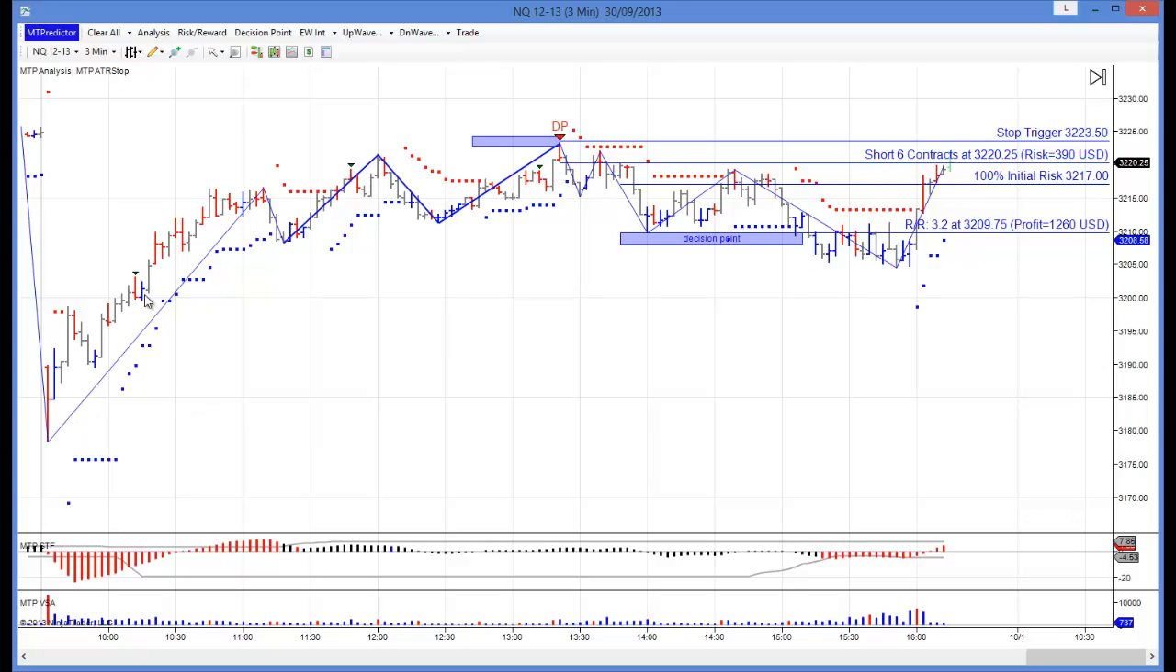So a great example there of 1, 2, 3 losing trades and only 1 profitable trade, but you actually end the day with a small profit. Now that's what professional trading is all about. If I look at the